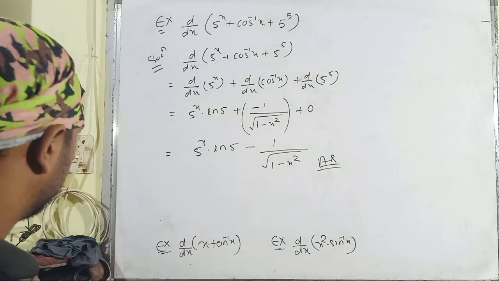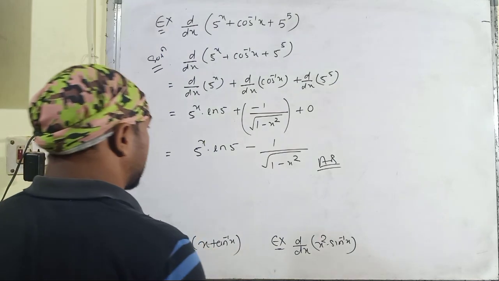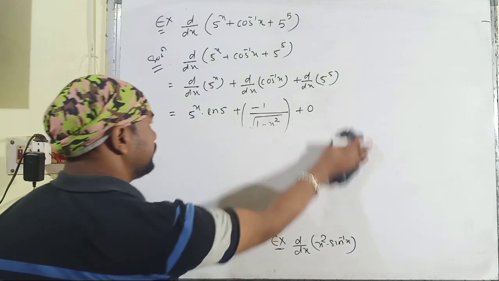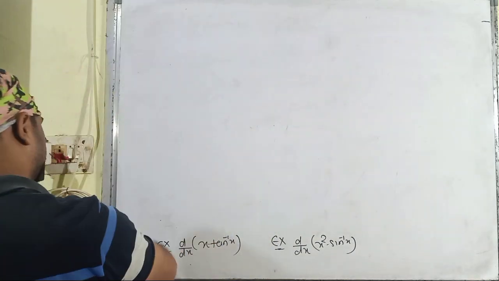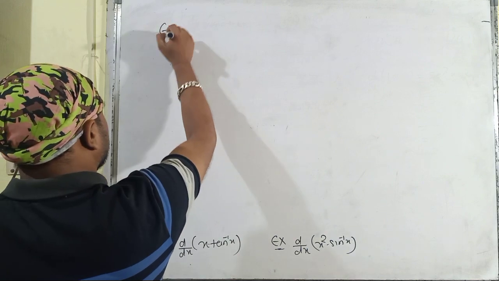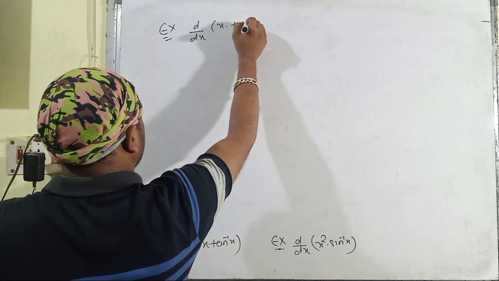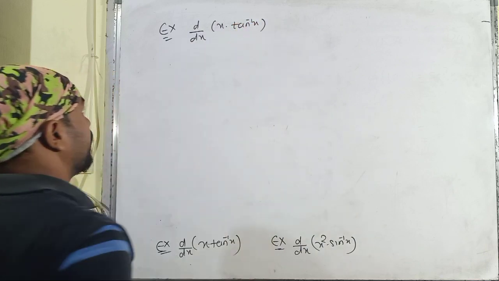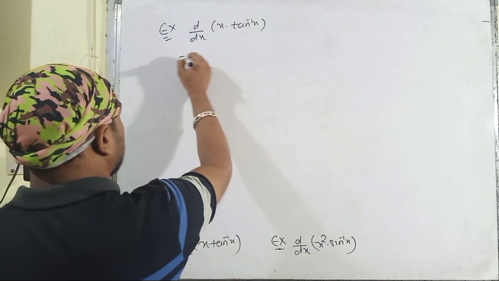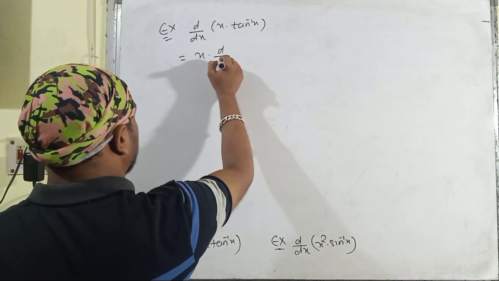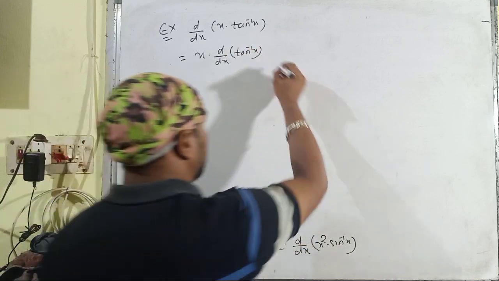Then let us go through the problem of differentiation of the multiplication of x with tan inverse x. Differentiation of the multiplication of x into tan inverse x. So here product rule of the differentiation topic will be applied. So x multiplied with the differentiation of tan inverse x. Again let us go through the